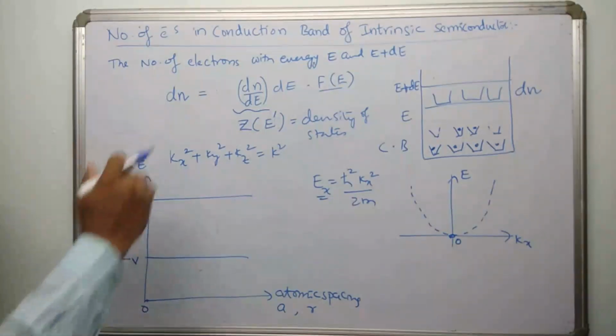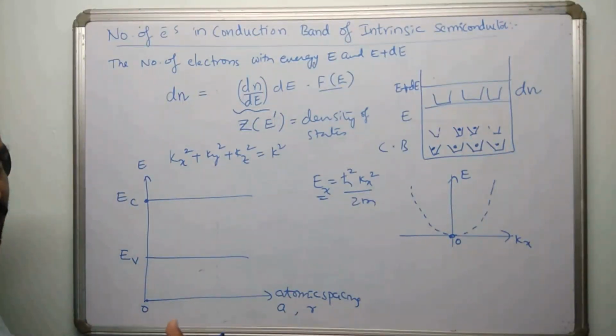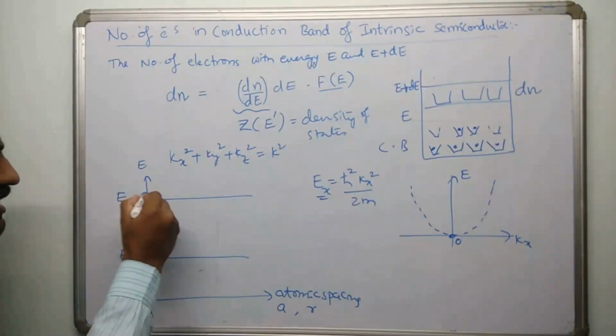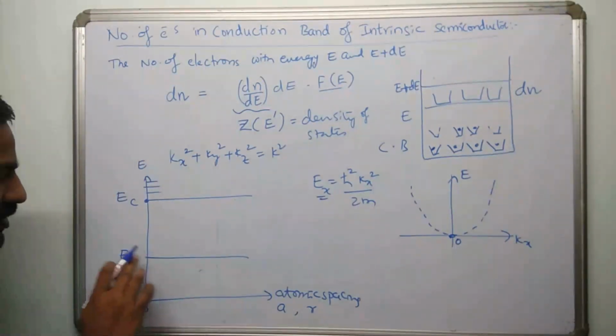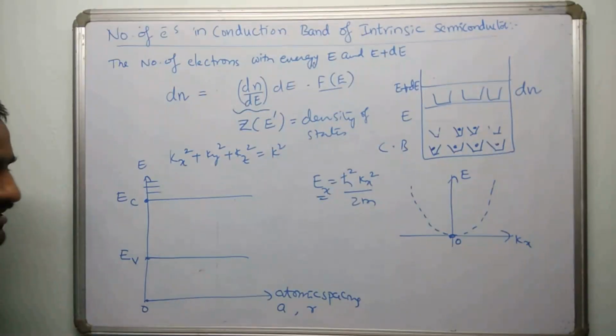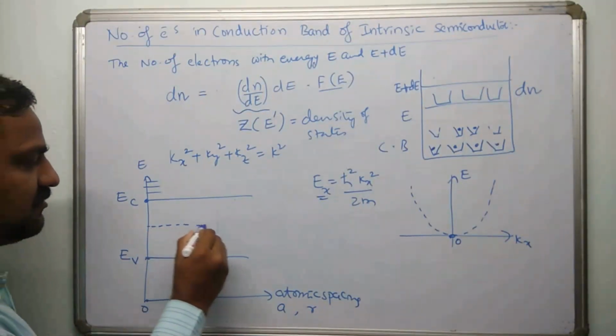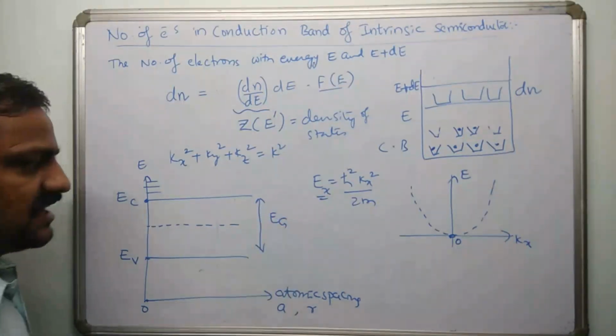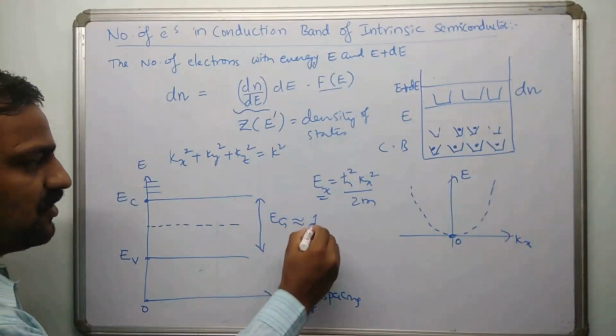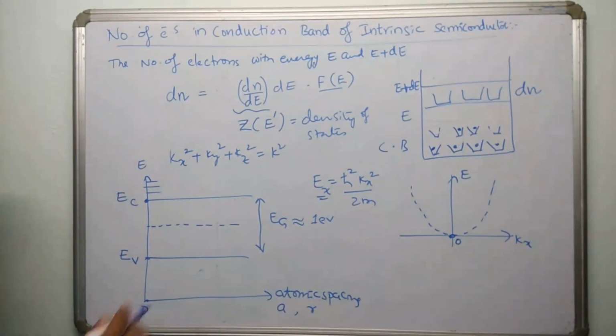The topmost level of the electron will have different energies there. So the energies will get filled like this, right? We don't know the top position, but we know at least this is the EV, this is the EC, and in between is the forbidden gap. This is EG, energy gap. And for semiconductors, this is of the order of 1 electron volt. We have already discussed this in the Kronig-Penney model.